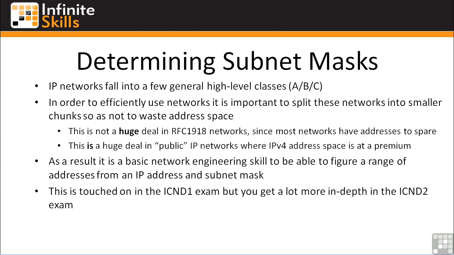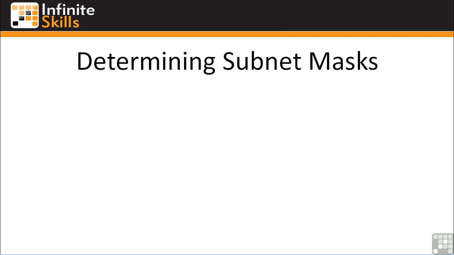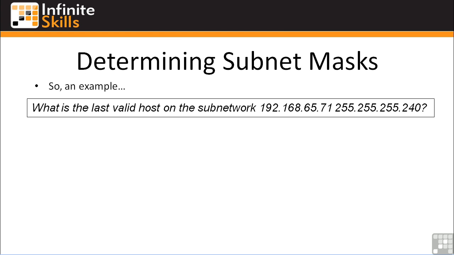Now, you'll recall we mentioned this in the ICND1 exam. We get a lot more in-depth with this here in the ICND2 exam, and if you proceed forward into the CCNP routing and switching, you'll really touch on this heavily in the CCNP ROUTE exam. As with many things in the networking world, I'm just going to show you how to figure this out using a couple of examples. Now here's the first example. What is the last valid host on the subnetwork 192.168.65.71 with a subnet mask of